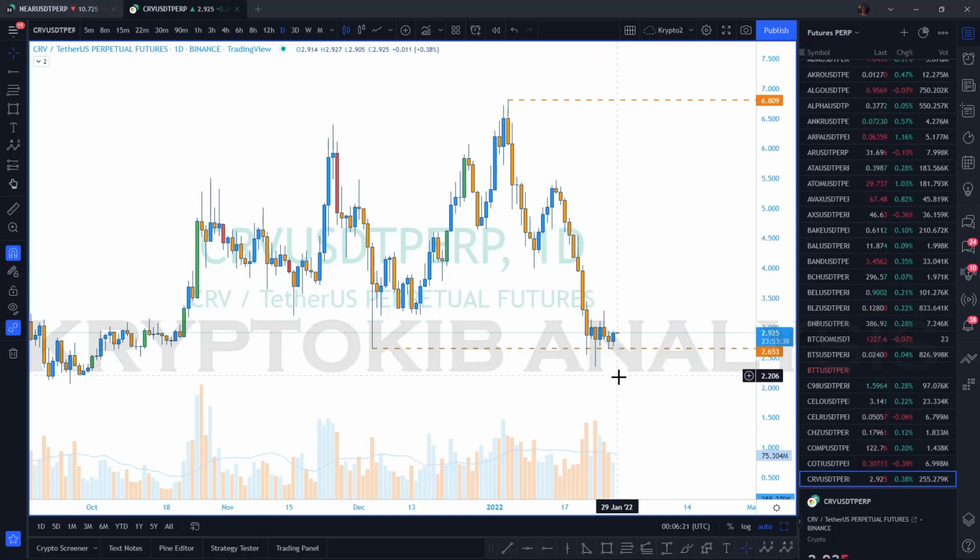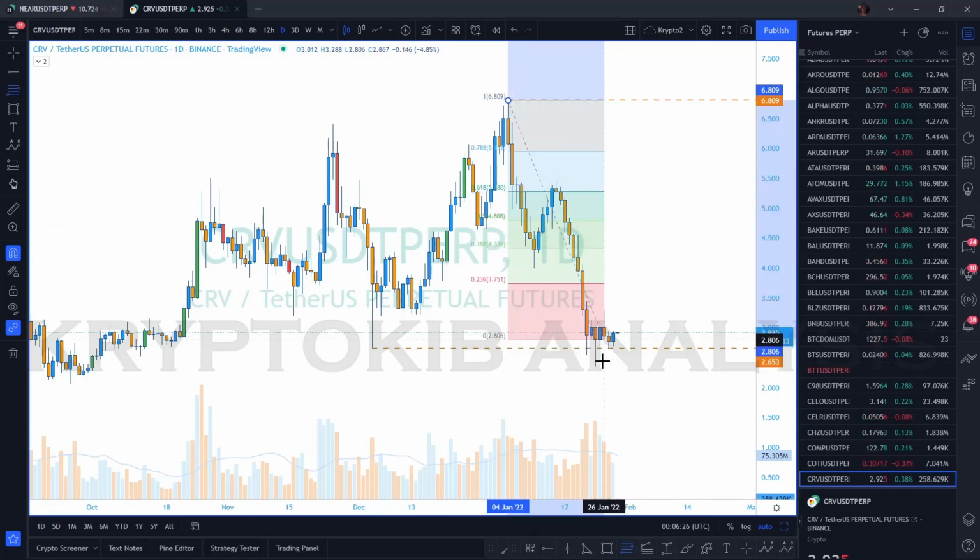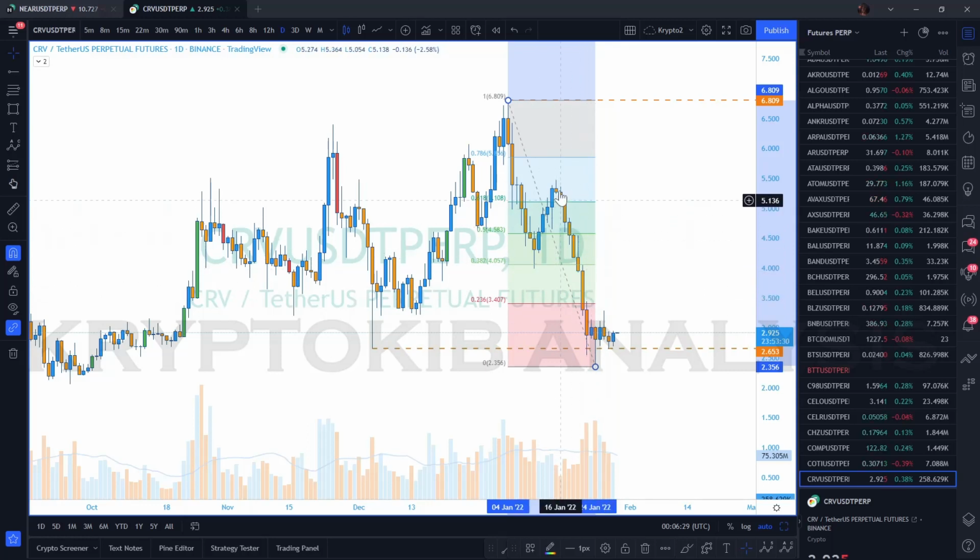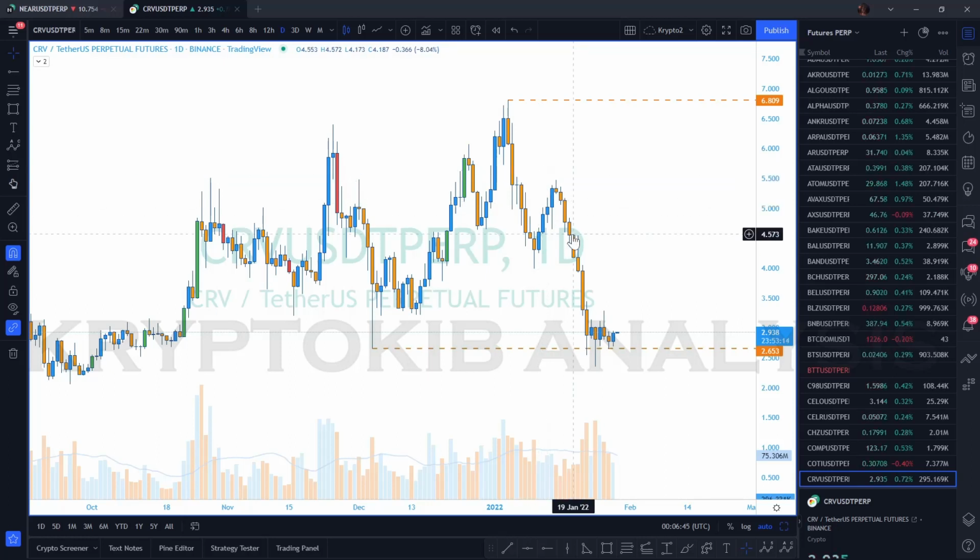But if you have a full close below it, then you should start looking for short, either by deploying Fibonacci and then taking the 50% or the 60% or the 70% range. And remember, supply and demand, anything above or below the 50% which is here, and then you have a zone here you can take, you have another zone here you can take. So that is how to combine Elliot waves, market structure, Fibonacci, supply and demand with any other strategy you want to use. So at this moment, for this particular coin, it is bearish,